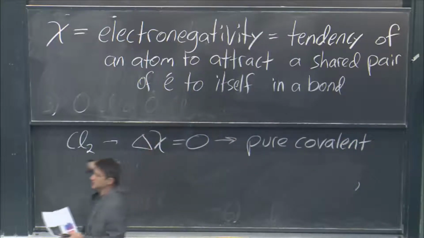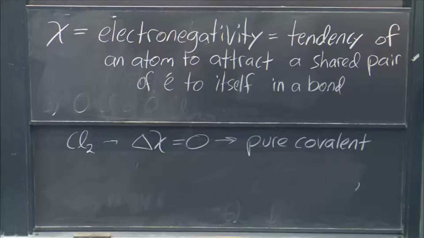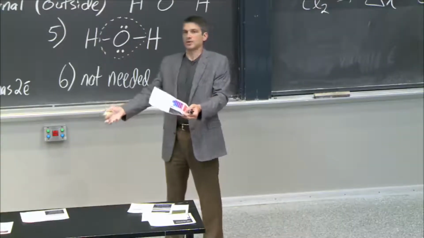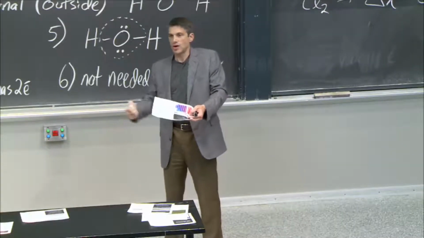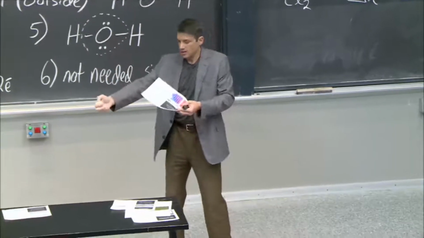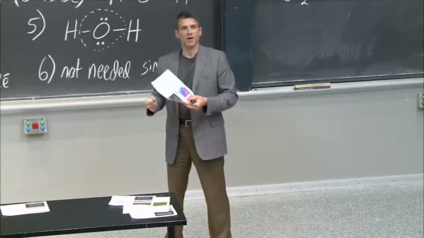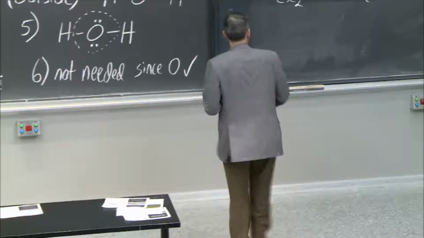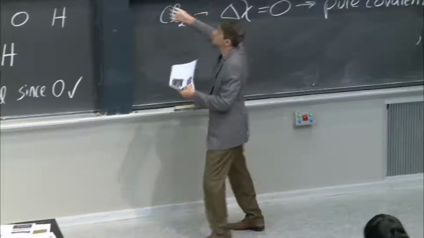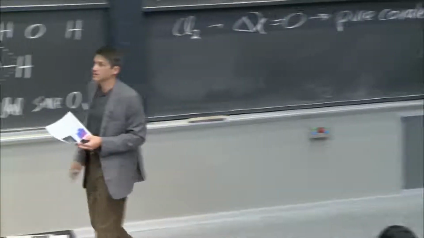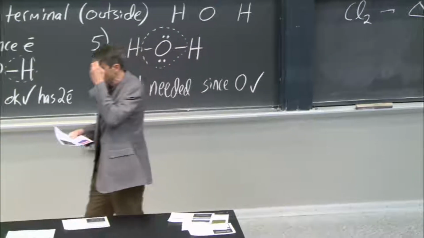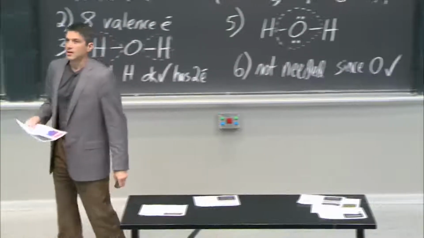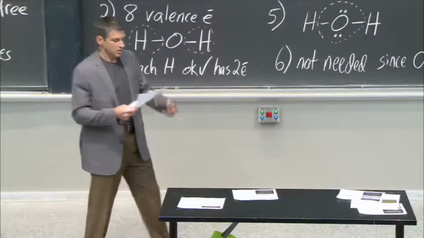that's what electronegativity means. So if I have two atoms that are the same, neither one can draw in. They have the same chi. Neither one can draw the pair towards them more, right? So the same is true for any dimer like this where it's the same atom. The H2 dimer that we started with also has delta chi of 0. Those are called pure covalent because it's just pure sharing. Nobody took more charge than the other.